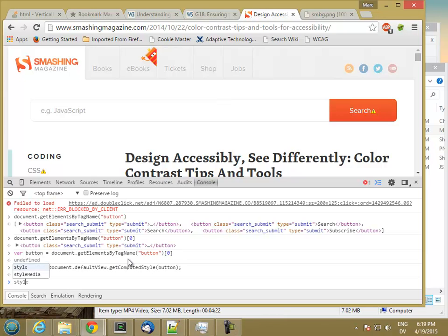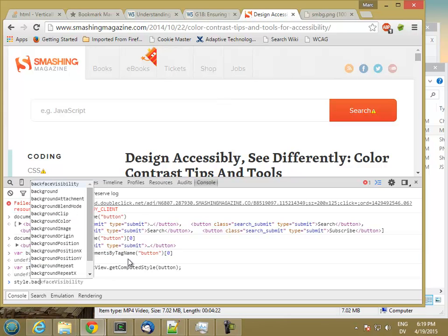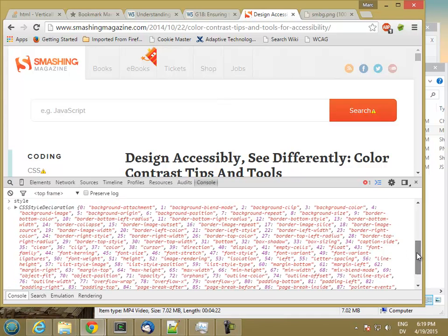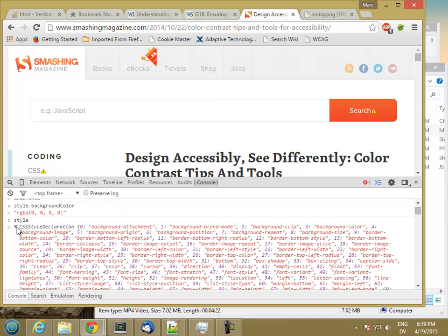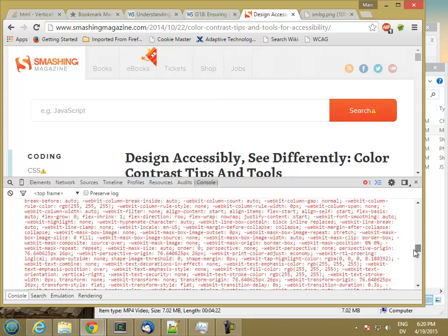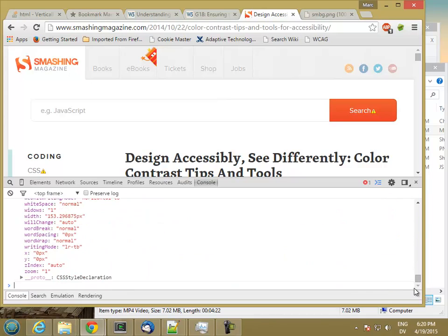And then style.backgroundColor is not very useful. So let's look at all the properties on here. And there's quite a few. So I'm going to do the same trick I did before. So for x in style,